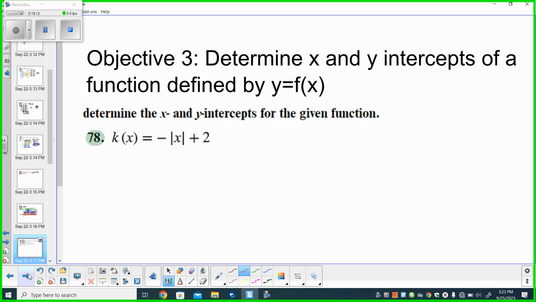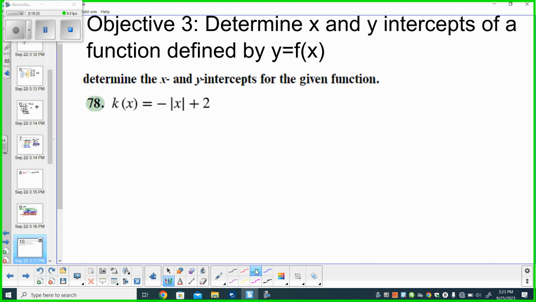All right, so then in objective 3, we're going to determine the x and y intercepts of functions defined by y equals f of x. So do note that f of x is just a fancy way of saying y. We did some of this in 2.1, so if we can recall from that lecture video,